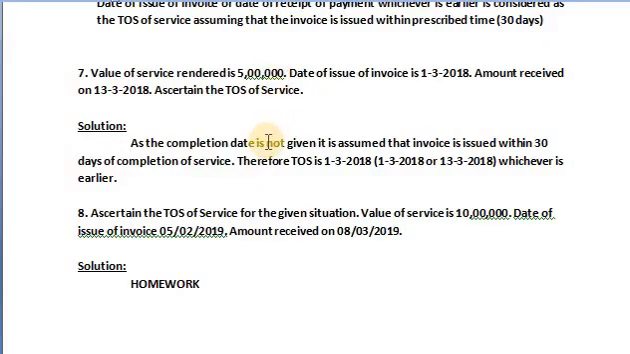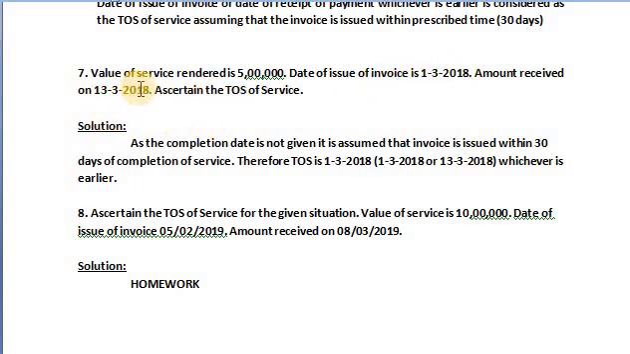The amount is received in one stretch. It is not like an advance and a left-out amount. So 5 lakhs is paid at one stretch, in one payment. As the completion date is not given, it is assumed that the invoice is issued within 30 days of completion of service. Therefore, the date of issue of invoice or the amount paid, whichever is earlier,